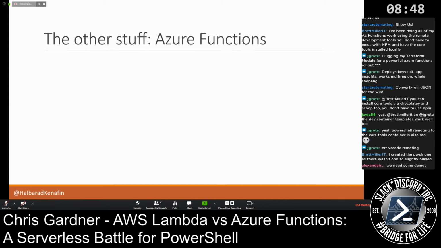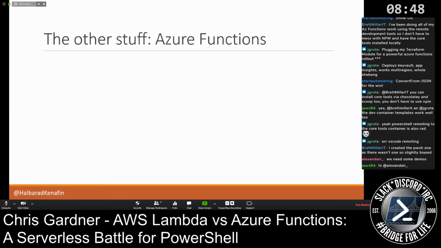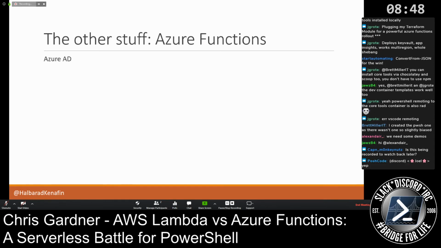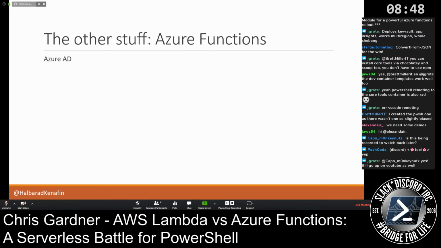So what else is there? Around Azure Functions, we've got a whole bunch of stuff. Obviously we've got the entire of Azure, which is quite a lot of things. I'm not going to list everything, but the main things we want to look at are things like Azure AD. Pretty useful. It does all of your authentication these days if you're on-prem and moving into the cloud.